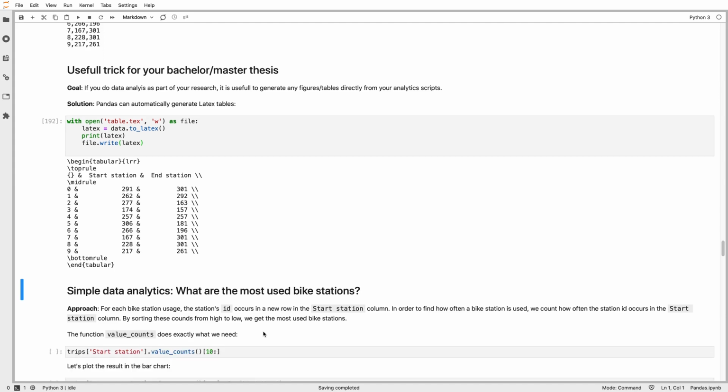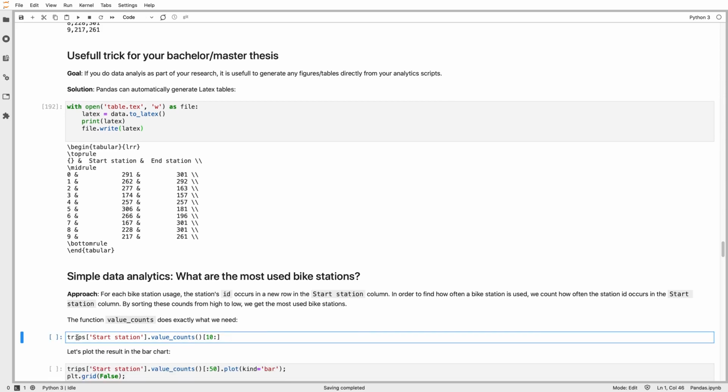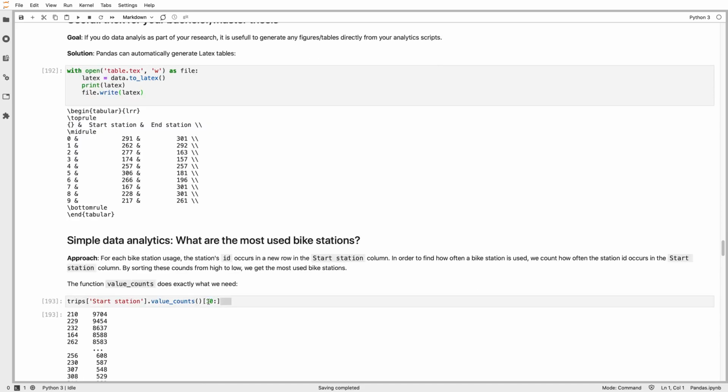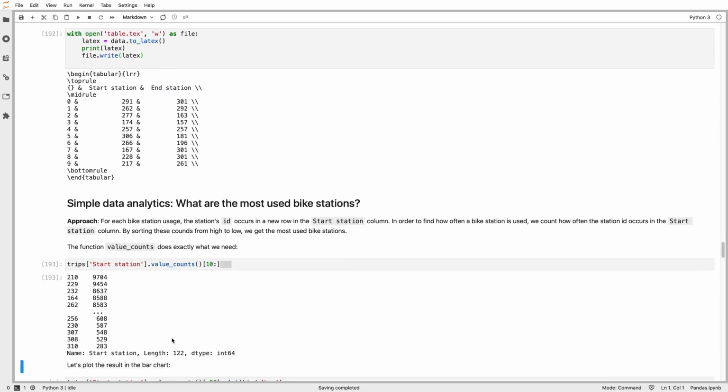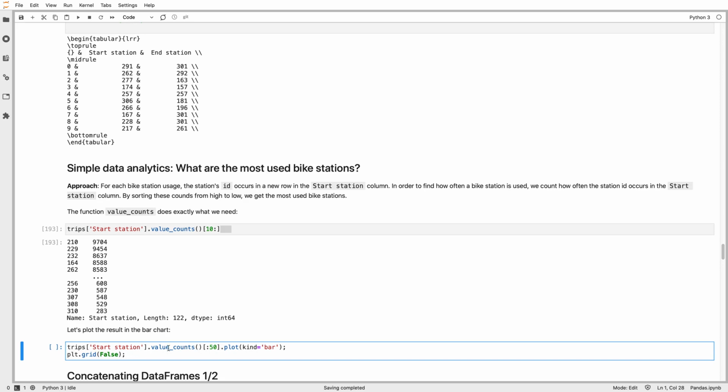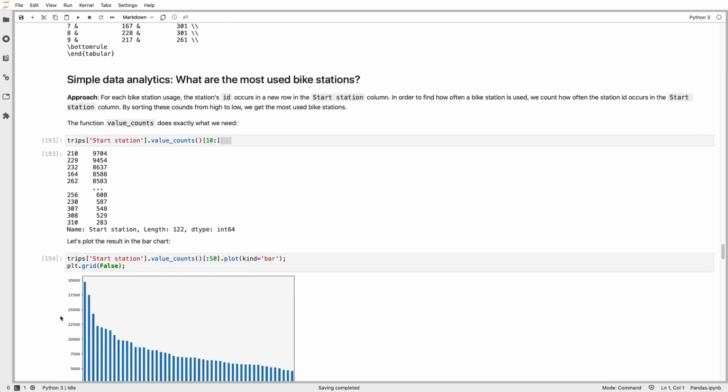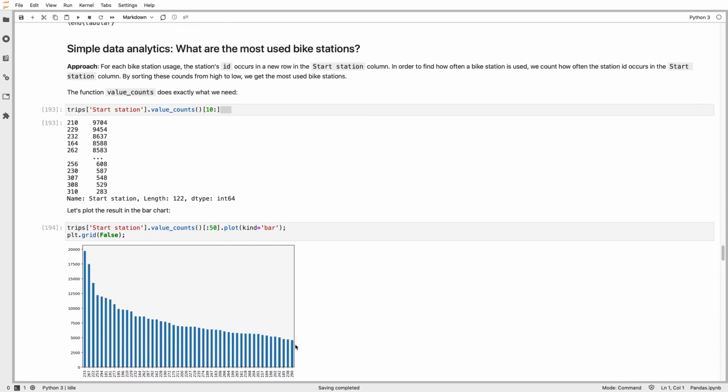And now we're going to get into some more detailed analytics of working with our data and joining multiple sources of data into one analysis. So here we're going to take, like we did with the plotting, value counts, which lets us do things like find the most popular values in a column. So this is taking start station and then excluding the top 10 results and giving us the rest. We can also do the same thing of take value counts, take the top 50, make a bar chart with that. So these are our 50 most popular stations,